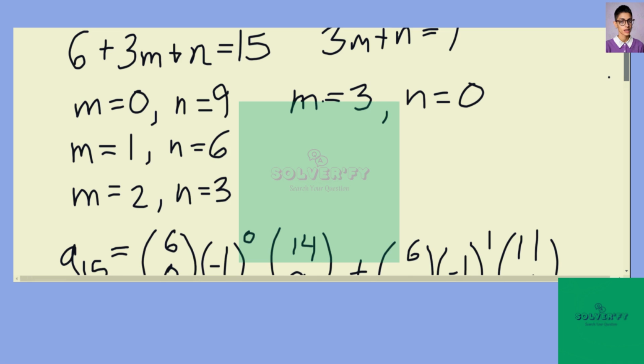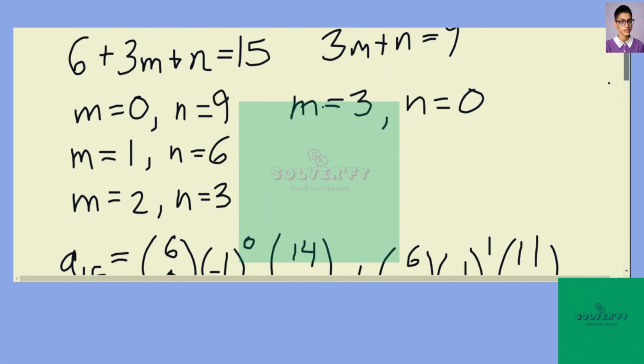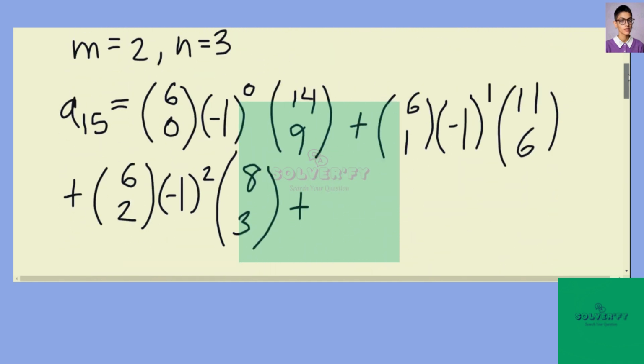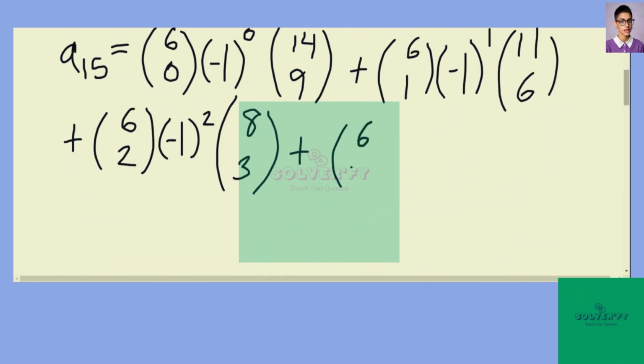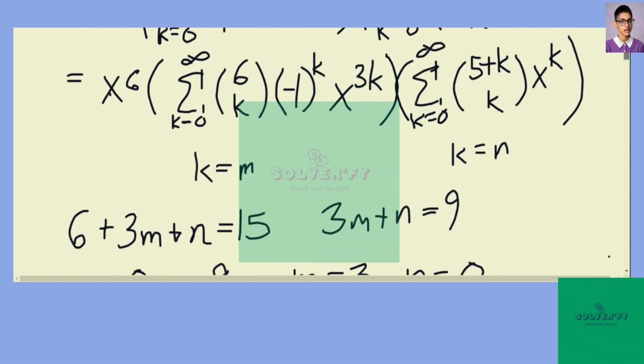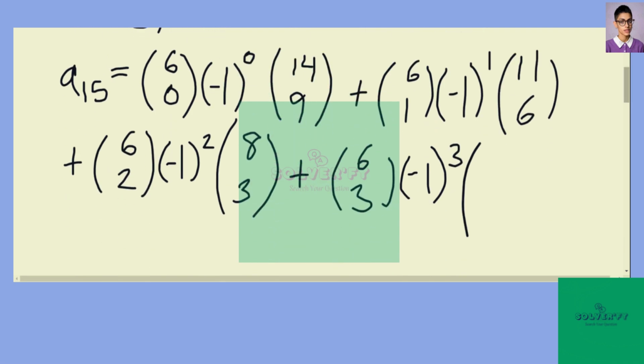and then if m is 3, n is 0, and we have the coefficient is 6 choose 3, negative 1 to the 3rd power, and 5 choose 0. This is equal to